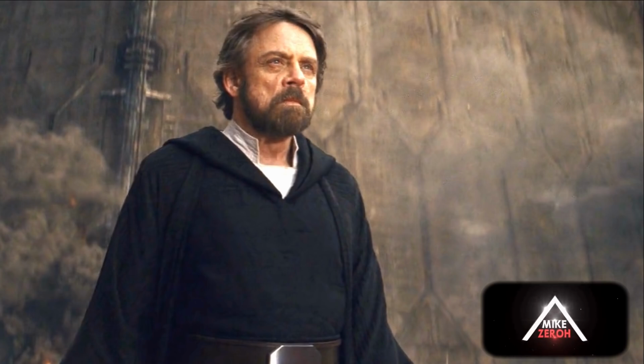So you can see that JJ really wants to explore the past of Luke and, of course, explore new abilities and powers for the character of Kylo Ren to make him seem a whole lot more evil than he ever was in The Force Awakens and The Last Jedi. Now, honestly, guys, I gotta say, Force Lightning coming out of Kylo Ren, I can totally see this if done right. Now, as long as they can do this well,